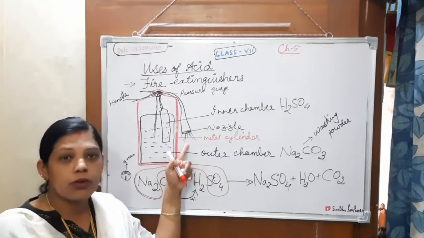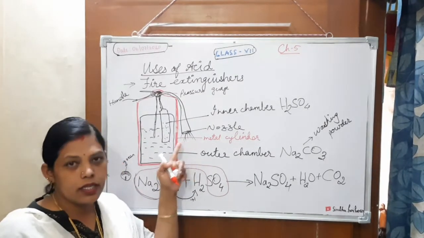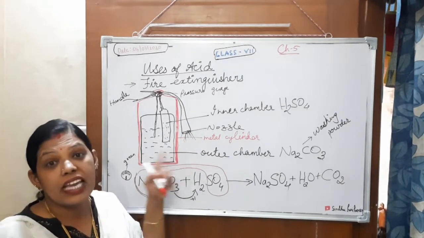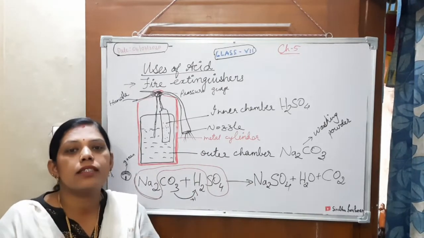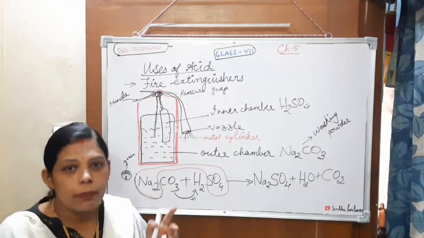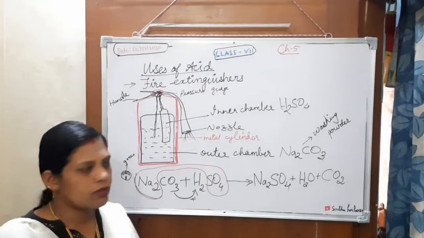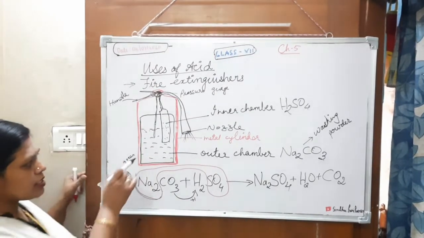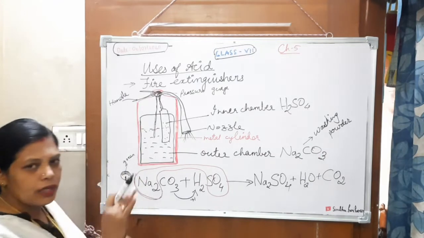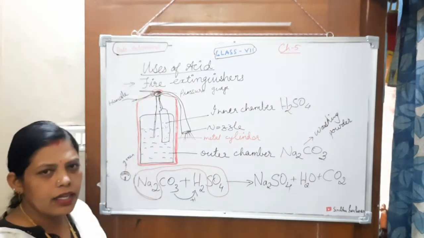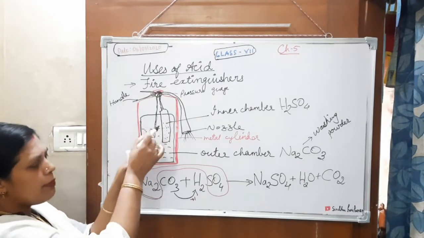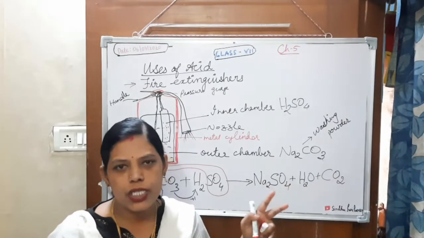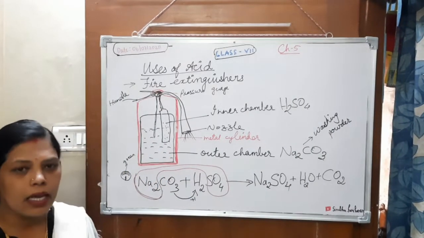Carbon dioxide is usually a cold gas, so its temperature is low, and it is heavier than the gas present in the fire, so it puts out the fire. Understood how this fire extinguisher works? This way only. Now it is kept straight, but when it is inverted, it reacts, and the two chambers inside are mixed with each other and form carbon dioxide. Understood, children? Now I will explain some other uses.